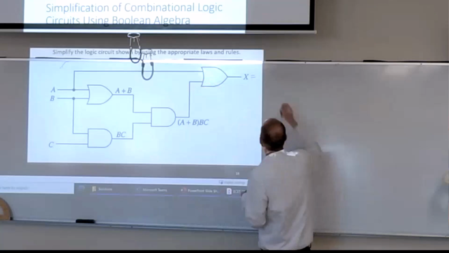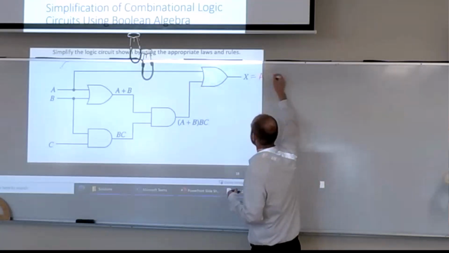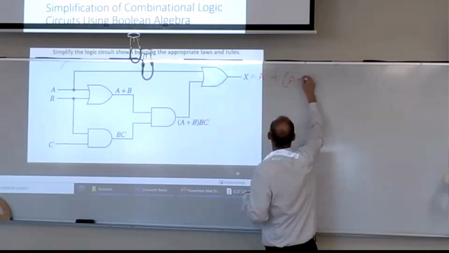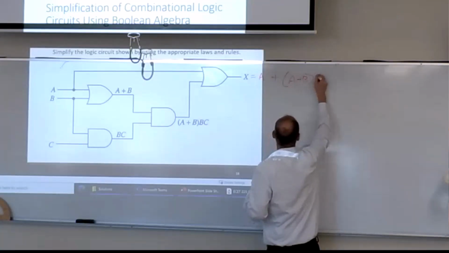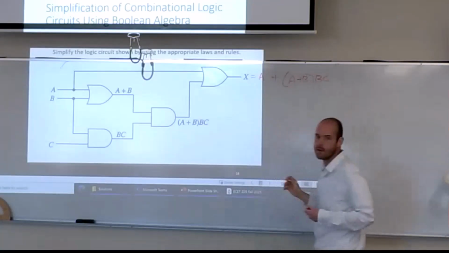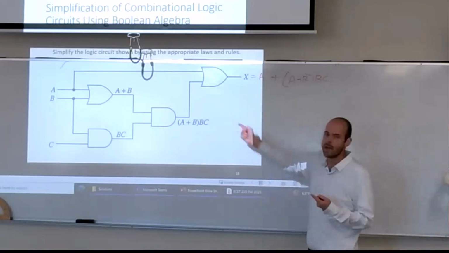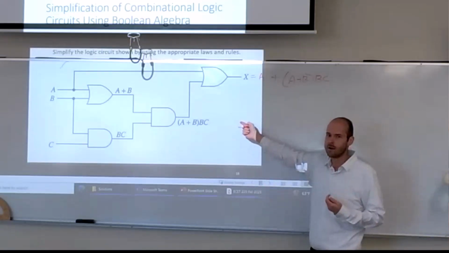So X overall is equal to A or B times BC. Okay, so question number one is, when I go out of our illuminated square, Kokomo, can you